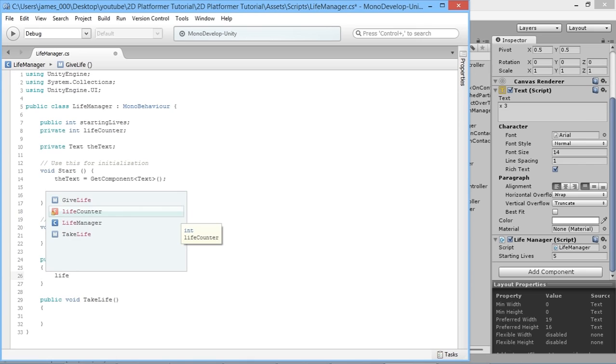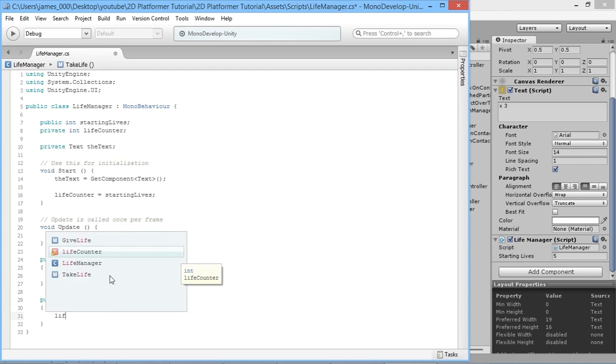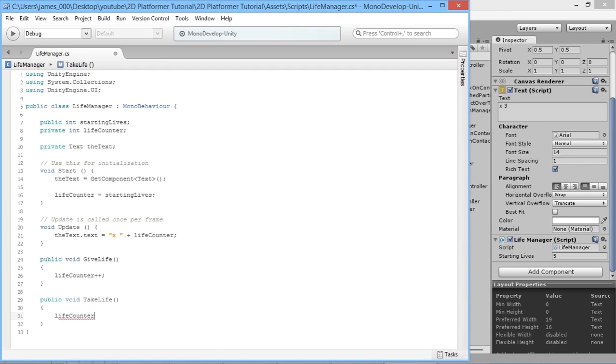So GiveLife, the only code that'll be in it will be just lifeCounter++. So what that does is just increments lifeCounter by 1. So if you have 5 lives, it'll change it to 6 or whatever. And then we'll do the exact opposite for TakeLife. TakeLife will just be lifeCounter--, because you're not going to be in a situation where something's going to take away 2 lives or something's going to add 2 lives. If